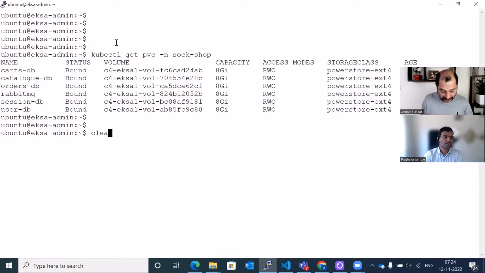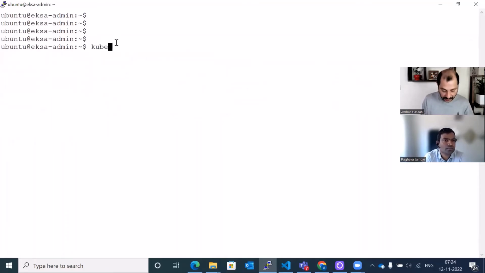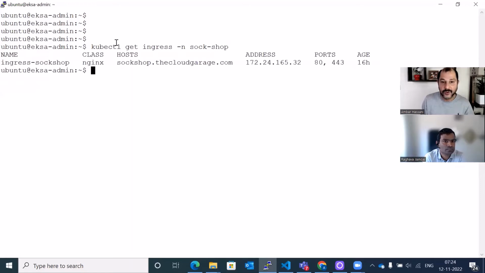Plus, we have the secrets also, and the ingress. Okay, so the ingress resource is exposed via this host name, and there is a secret that